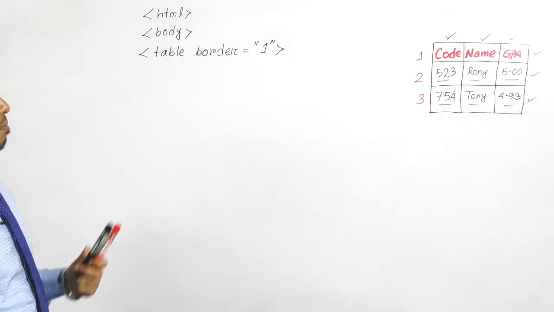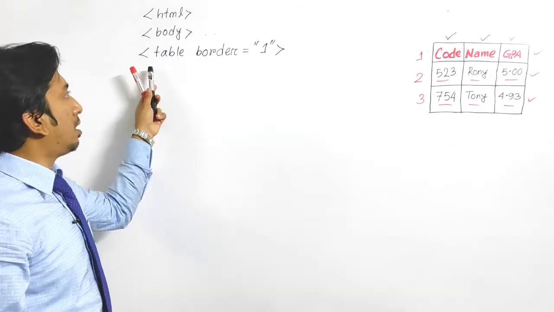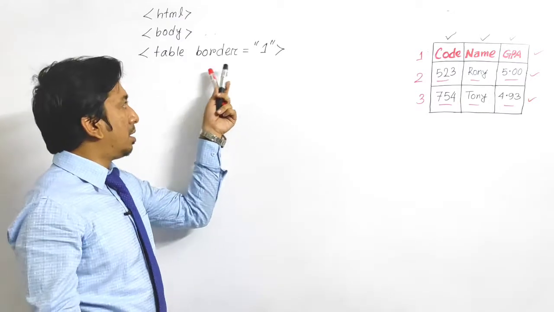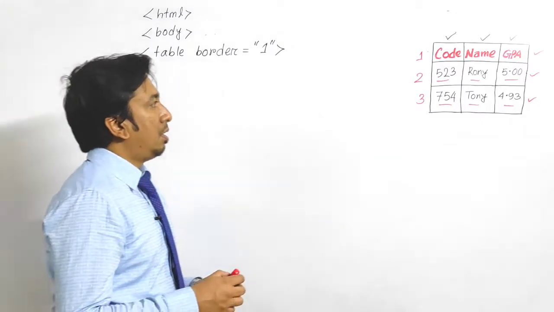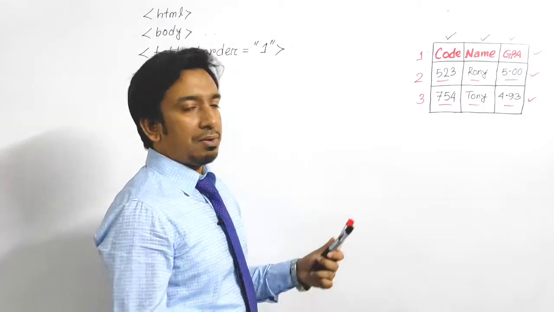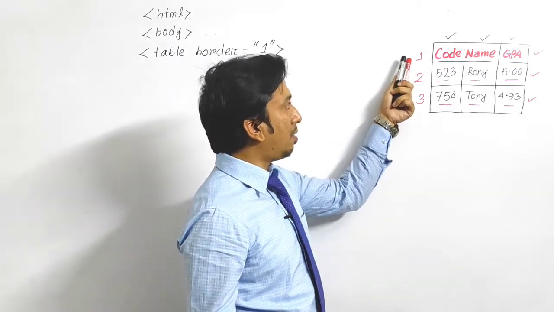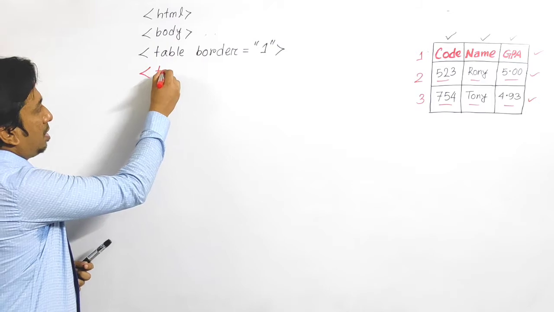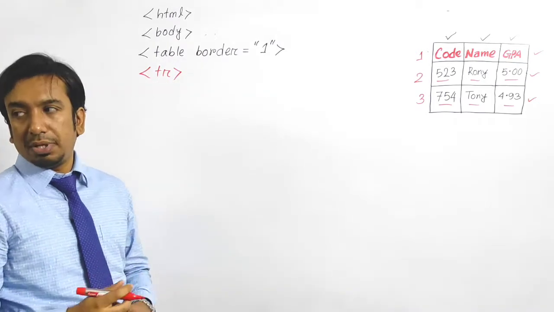Okay, so I'm using here the HTML opening tag, the body also opening tag, and also here table border 1. I already told about how to use the value 1. Now we have to start our table row. Our first table row starts from here. You can see I already wrote here 1. So use tr for table row. We have to start the table row. First one table row, then